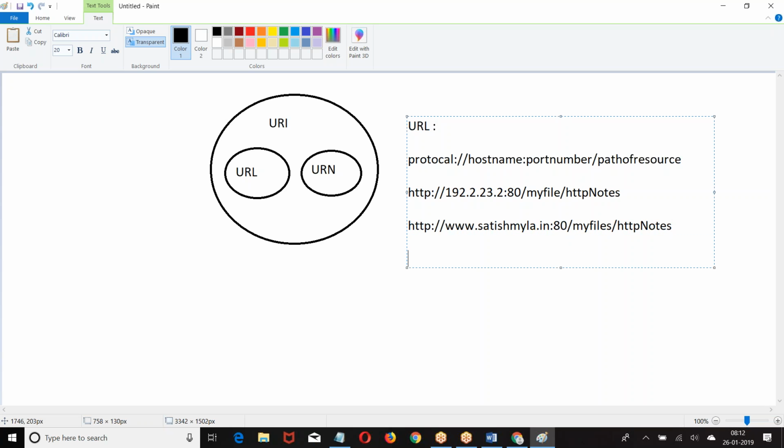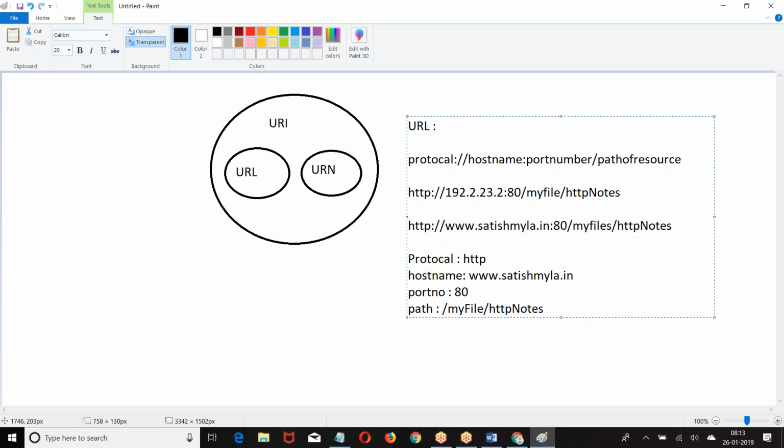So what is the protocol we are using? HTTP, host name, port number, path, my file.